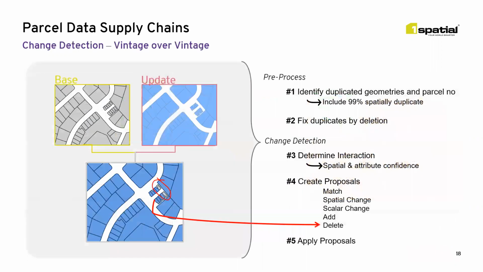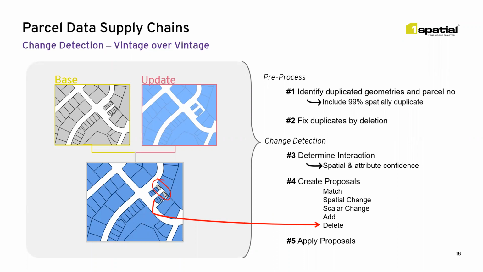Okay, so moving on, I'm going to next quickly talk about a process called change detection as part of a parcel data supply chain. Change detection really involves the comparison of two vintages of a data set, where we classify the differences between the two and propose how these differences can be reconciled. Sheila has already mentioned how we apply this with census and in NG 911. One of the things that I want to explain here is the way that we have also applied it on the parcel data supply chain for our customers.